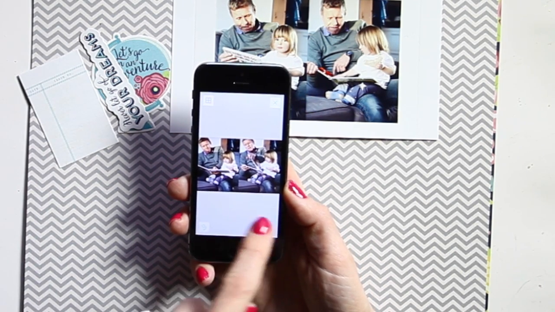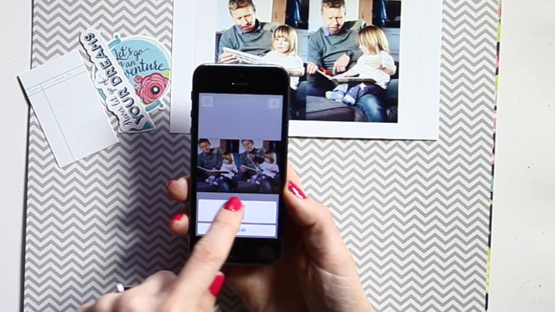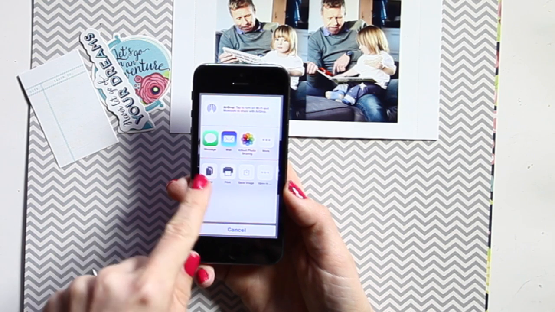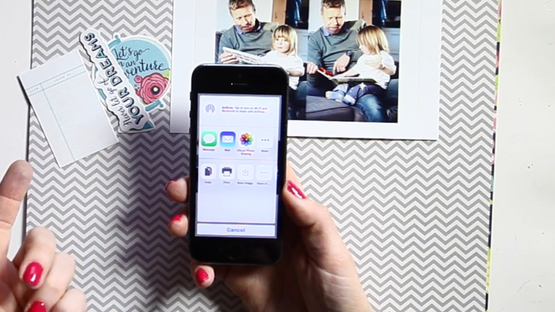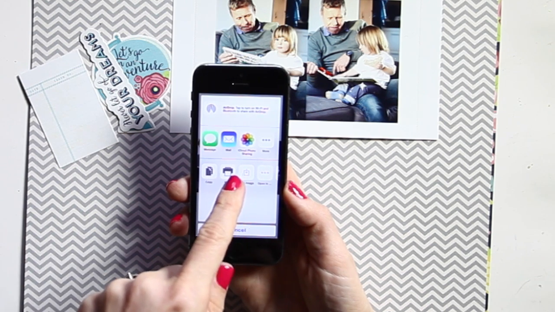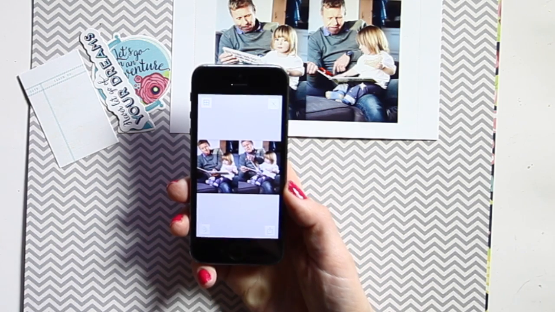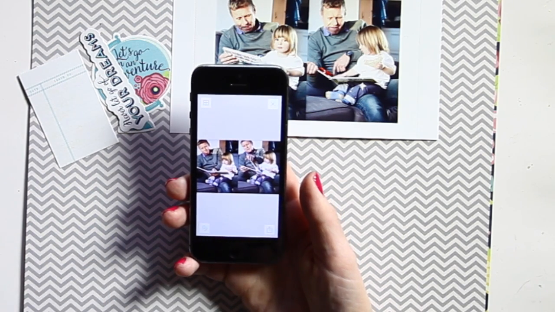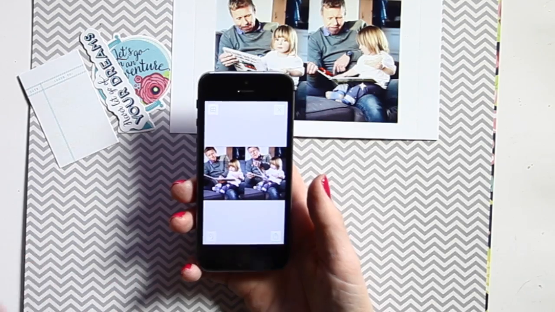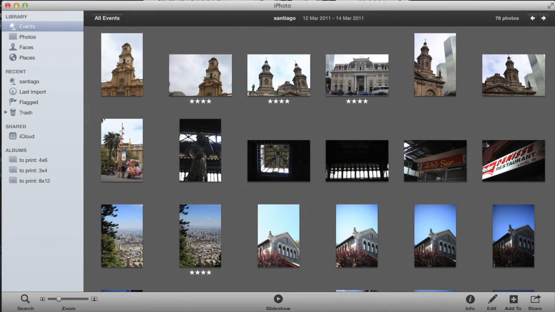Then to save it, you go to Export, and then you can choose where you're going to save it. Because I print from my phone, I can either go straight to print or I can save the image. And with my selfie printer, I save the image, that puts it in my camera roll, and then I go to my selfie printing app and I pull it up out of my camera roll and I print it. Super, super easy. Okay? You might have recognized those photos from some that my sparkly friend scrapbooked recently,